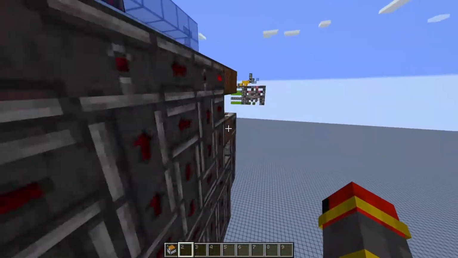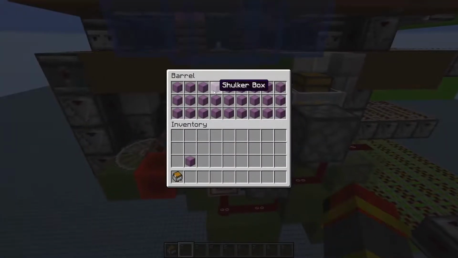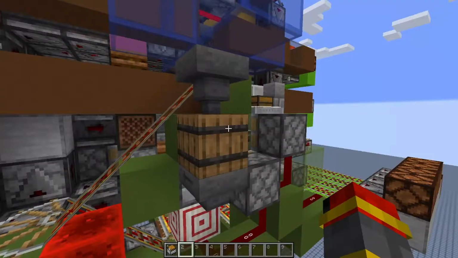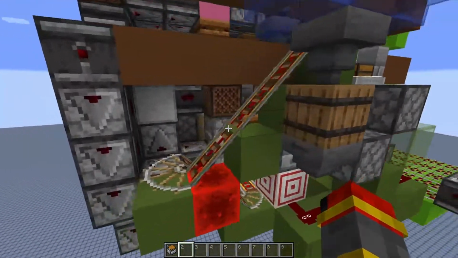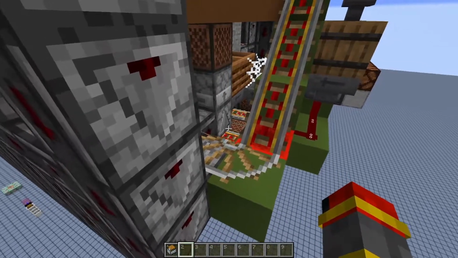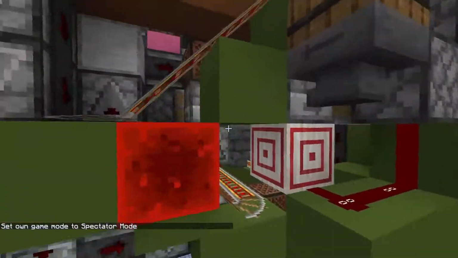So it gets a bit confusing at times. So you either block the hopper or you remove all the shulker boxes over here, and you also remove all the sacrificial shulker boxes over there. And once that is empty,